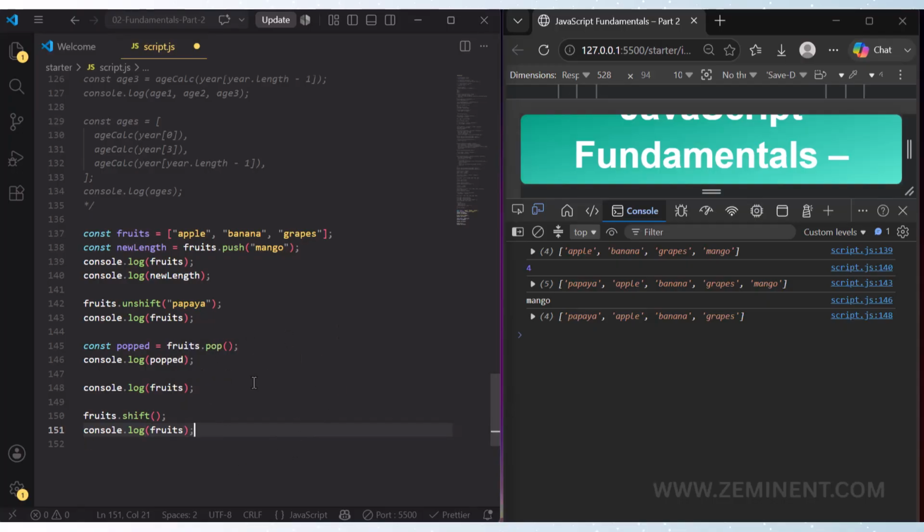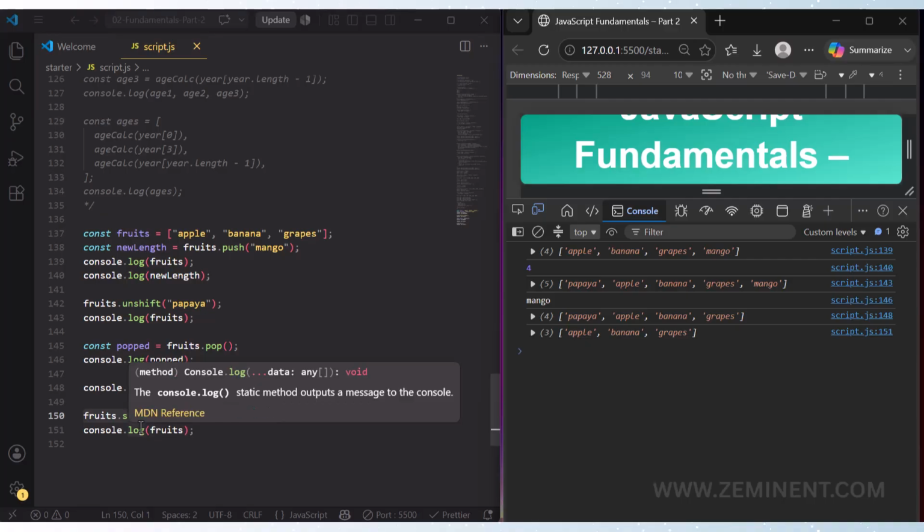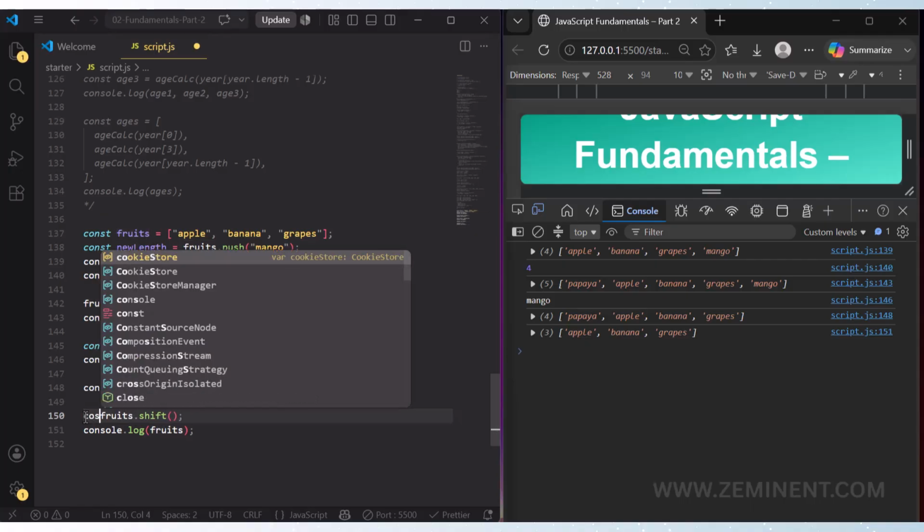See, this shift method removes the first element of the array. Let's see that. Here see the papaya is removed from the array because of the shift method, and here it displayed apple, banana and grapes.